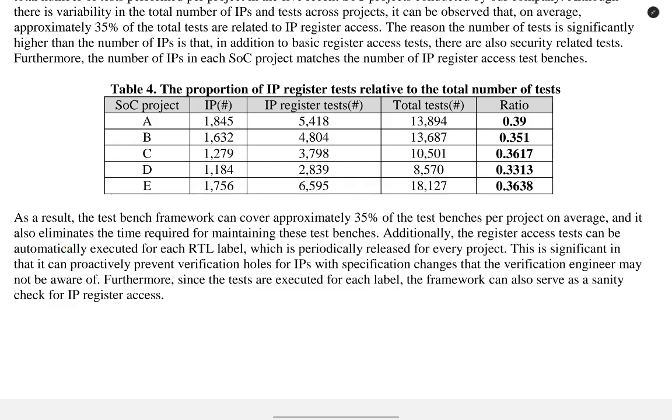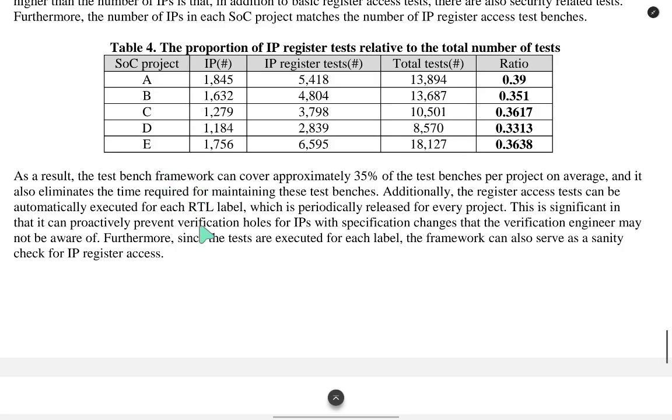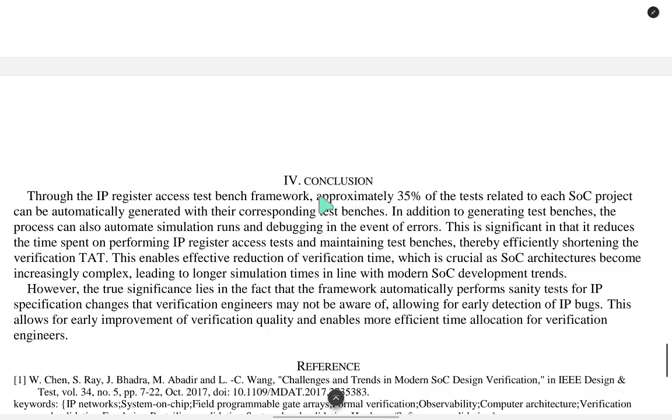Additionally, the register access test can be automatically executed for each RTL label, which is periodically released for every project. This is significant. It can proactively prevent verification holes for IPs with specification changes that verification engineers may not be aware of. Furthermore, since tests are executed for each label, the framework can also serve as a sanity check for IP register access. The conclusion: